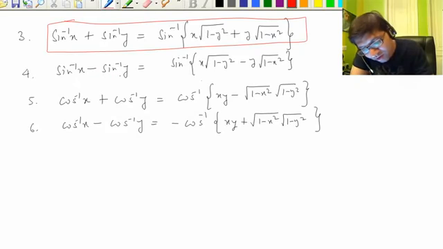यहाँ भी sin inverse x minus sin inverse y, you learn the most fundamental formula. यहाँ माइनस है तो यहाँ माइनस है, and forget about the cases. Same for cos inverse x plus cos inverse y, cos inverse x minus cos inverse y, right? Easy to learn. These formulas are easy to learn. Only the cases are a problem.